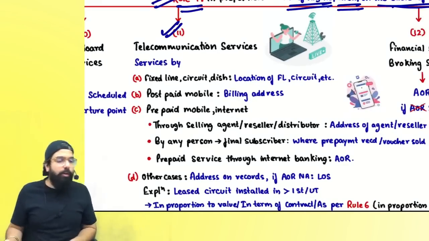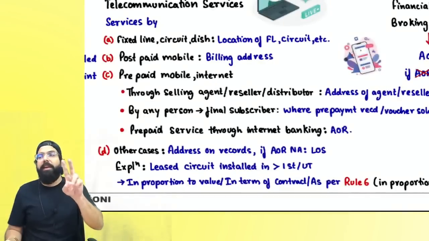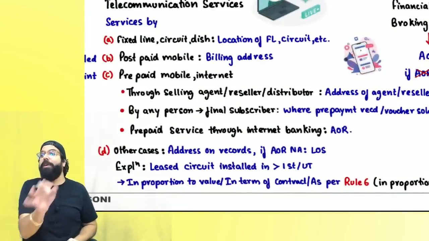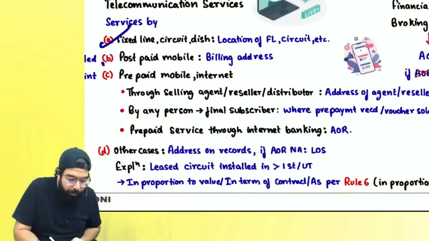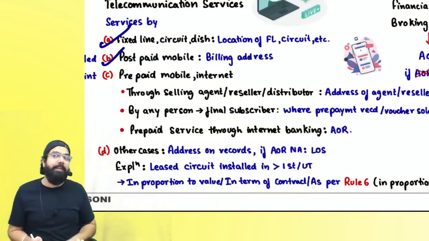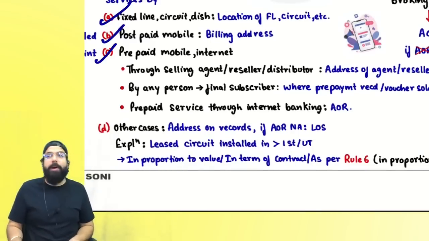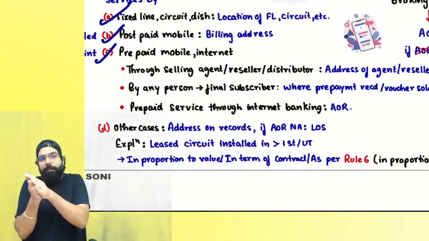Section number 12.11 talks about telecommunication service. If services are provided by fixed line, circuit, dish, etc., the location of the fixed line, circuit, dish, etc. will become the place of supply. If it is provided through postpaid mobile, billing address is the place of supply. If prepaid mobile or internet services are provided, in that case, if it is provided through reseller